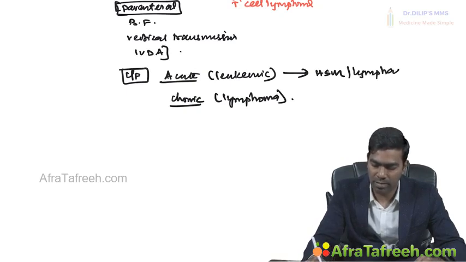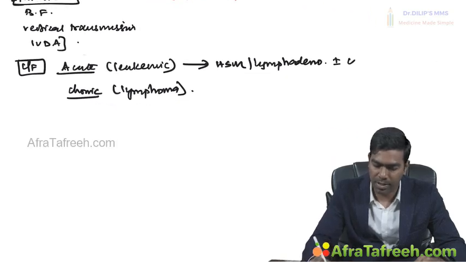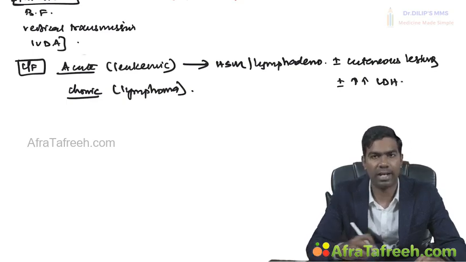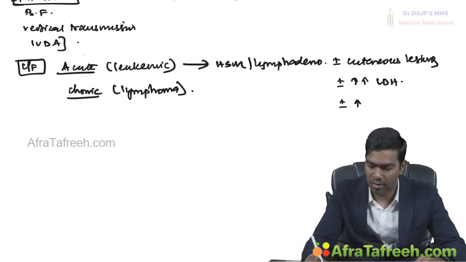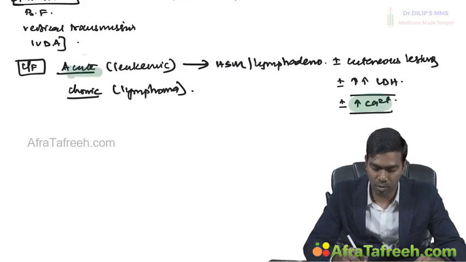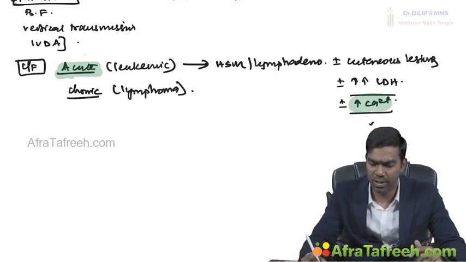They will additionally have lymphadenopathy, plus or minus cutaneous lesions, and they'll have very, very high lactate dehydrogenase levels, and they also have hypercalcemia. Hypercalcemia is one of the very important paraneoplastic syndromes of acute presentations of this adult T-cell lymphoma and leukemia, which